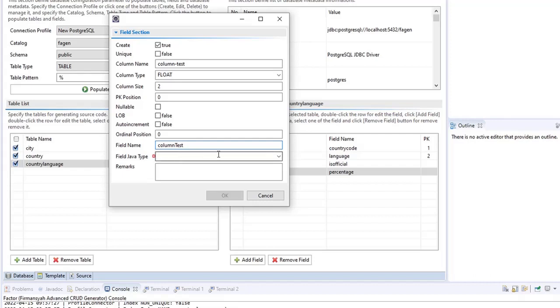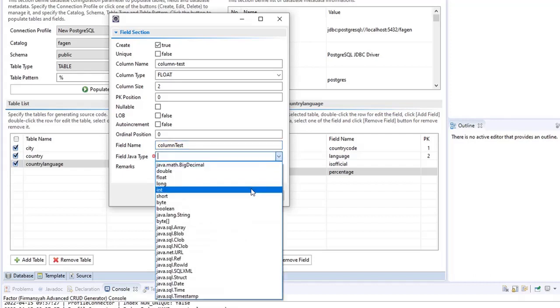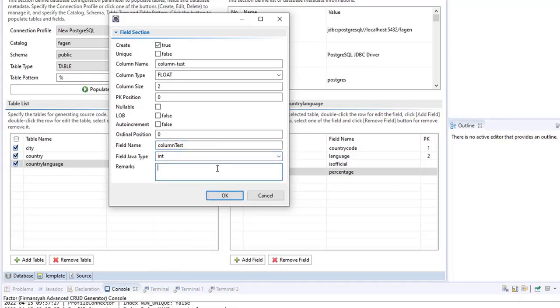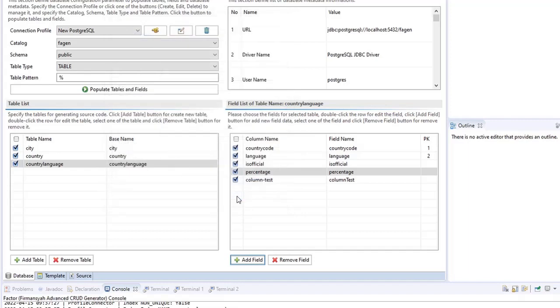This is the field of Java type. This is a remark. Click OK. Then the new column, the new field, is already added in here.